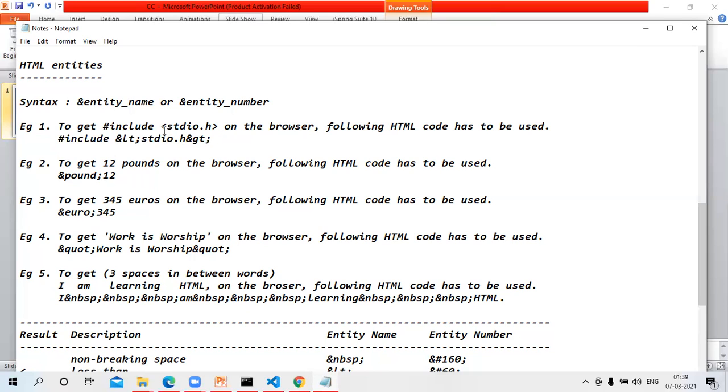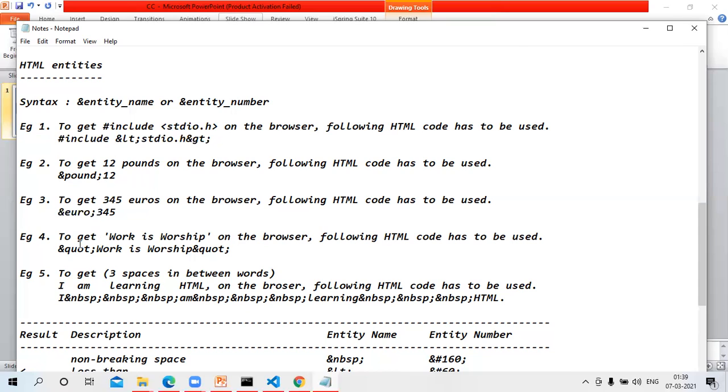So we cannot write the less than and greater than signs ourselves. We have to replace them by these entities. Similarly, to get the pound symbol, we have to write like this, and the browser will replace it by a pound. Similarly, for the euro symbol, ampersand euro and a semicolon.